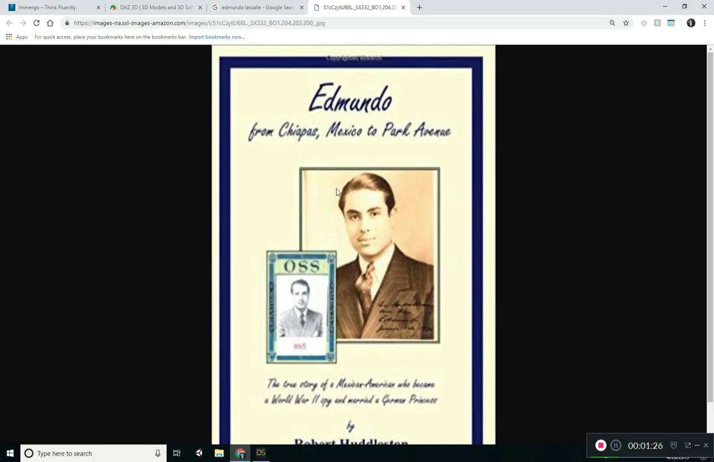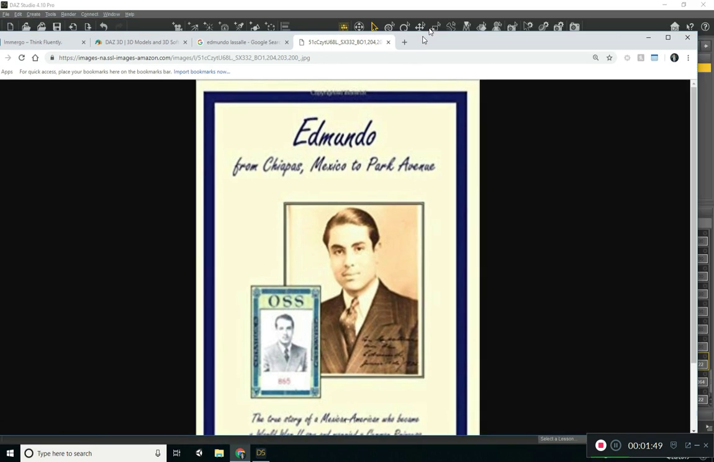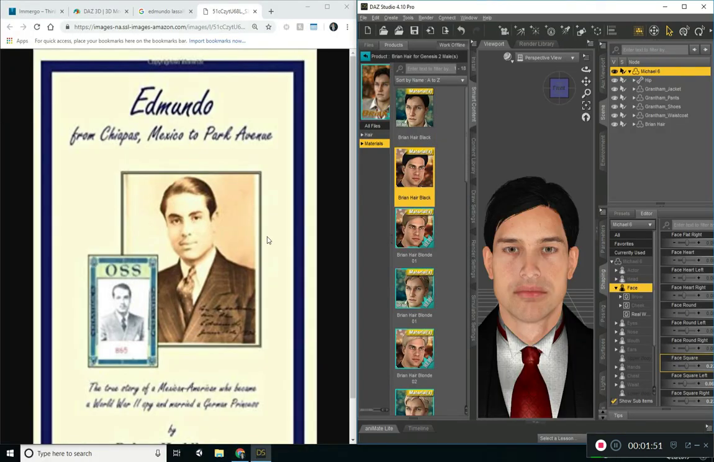So this is Edmundo Lasalle. He shows up in a couple of places and worked for the OSS. He's actually from Mexico, but worked in Spain to help secure the D-Day landings. There was a lot of spy activity in Spain. That's part of what the game that I'm working on is about. But for our purposes right now, we're going to basically be trying to get our character looking similar to this